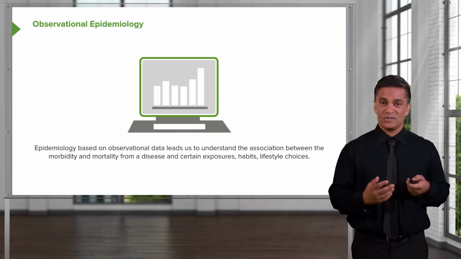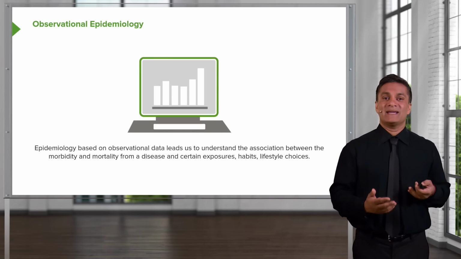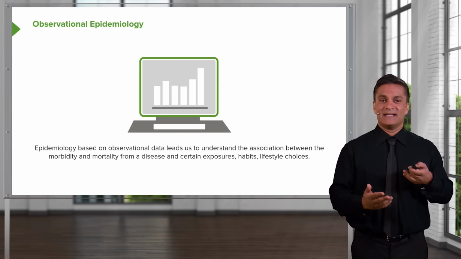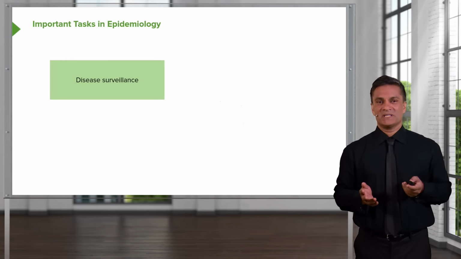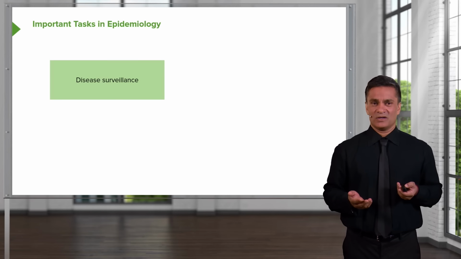Observational epidemiology is also useful for understanding morbidity and mortality from diseases in the population as a whole. We can associate lifestyle factors like driving without a seatbelt, eating too much fat, having too many calories in our diet, or being too immobile and not moving enough, with other kinds of negative health outcomes. We don't need to know the mechanism in order to be able to control the outcome by controlling lifestyle choices and risk factors. Let's talk about some of the important tasks that epidemiologists are engaged in.